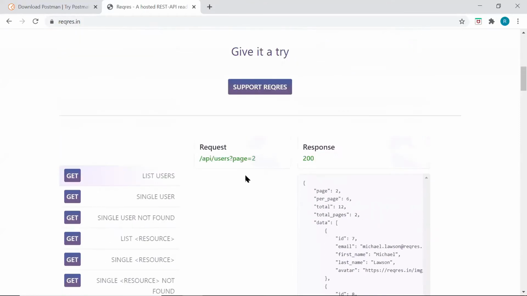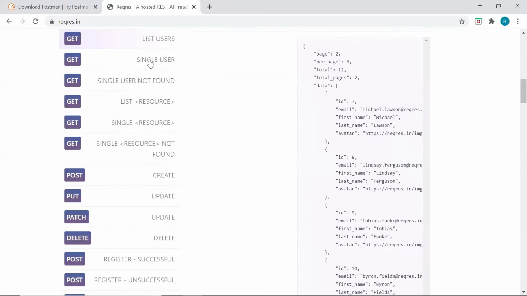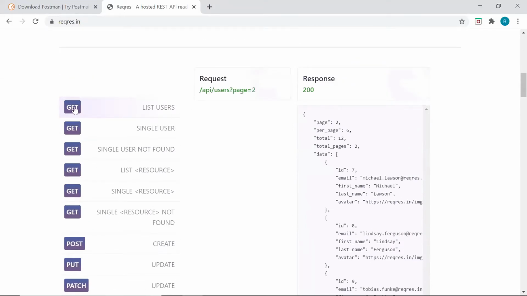So APIs looks like this if you scroll down. So these are the APIs. This is get API for list users. So this is how you're going to get at the real time. Developers going to give you APIs like this, that this is the API for get. When you click on get API, you will see these things over here. This is the expected response. So status code should be 200. That means it should be successful. And this is called URI, service URL. I will be letting you know the difference between them.